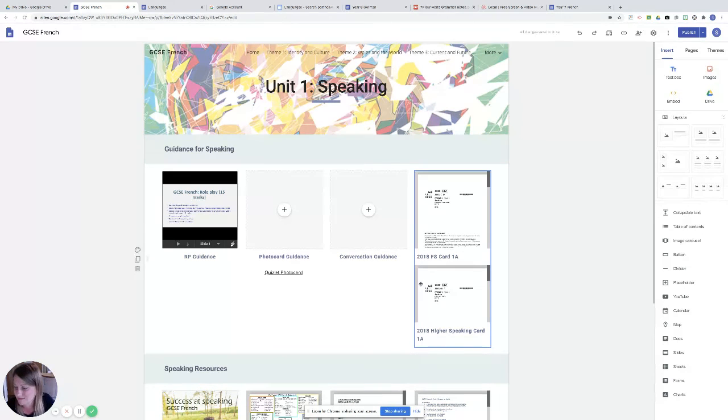There are obviously far more advanced tutorials if you Google how to create a Google site that might give you some more information. But it's really, really quite simple. I think it'd be something that's quite